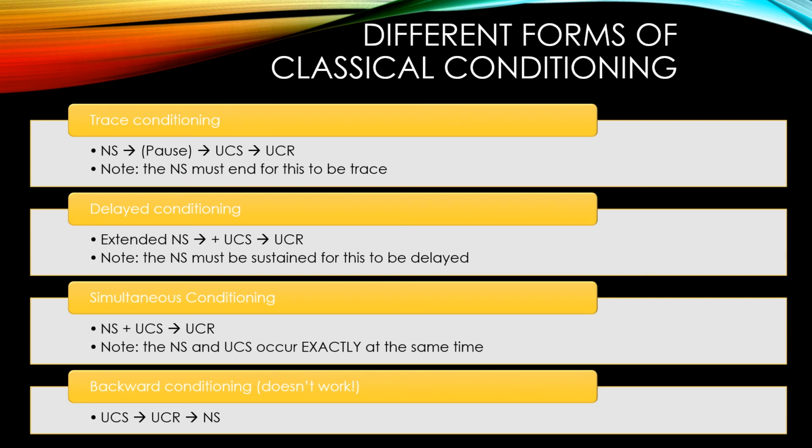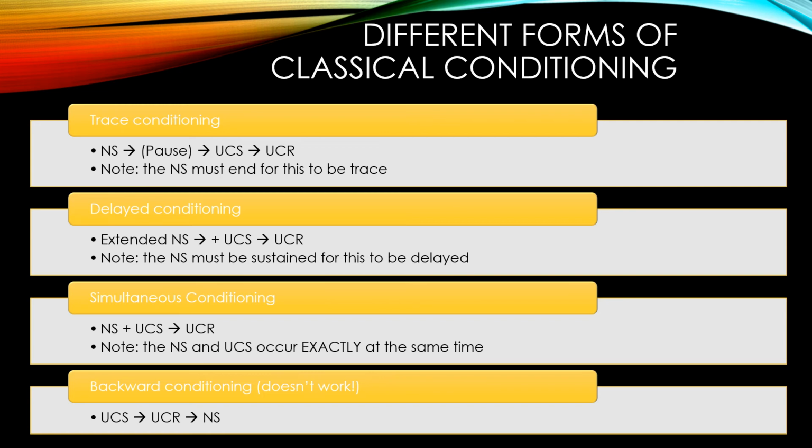And this led researchers to explore other aspects of classical conditioning that maybe couldn't be explained through just the basic principles of early classical conditioning that were discovered by Pavlov. One of the new tweaks that started to be examined by a number of individuals was how, in changing the pairing and timing of the neutral stimulus and unconditioned stimulus, you could produce different types of learning and different types